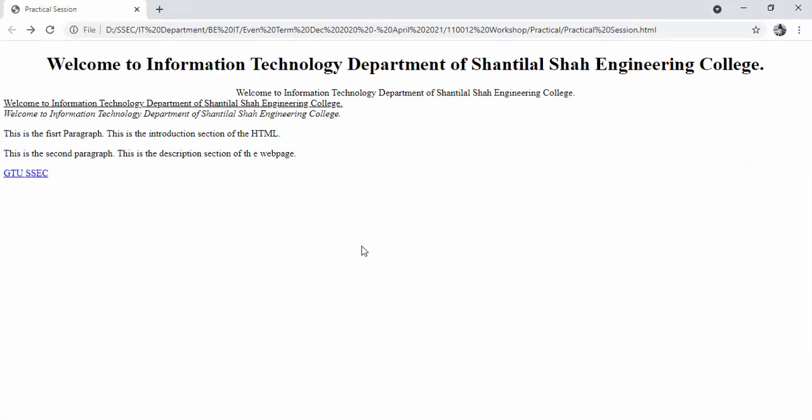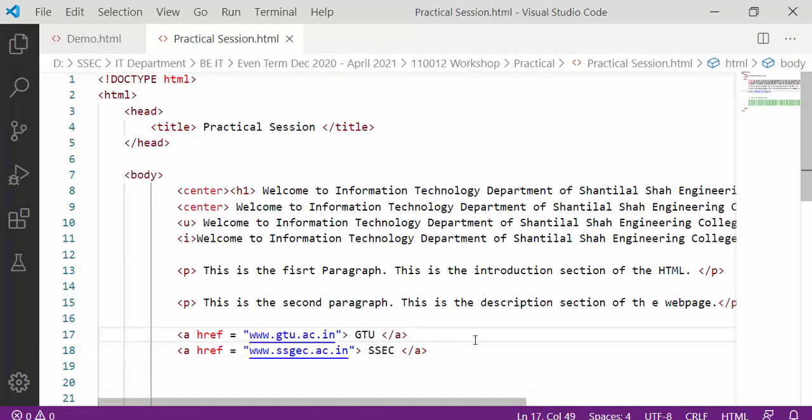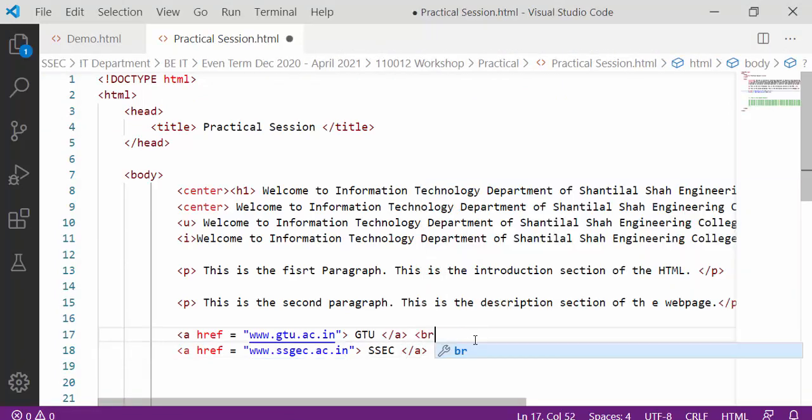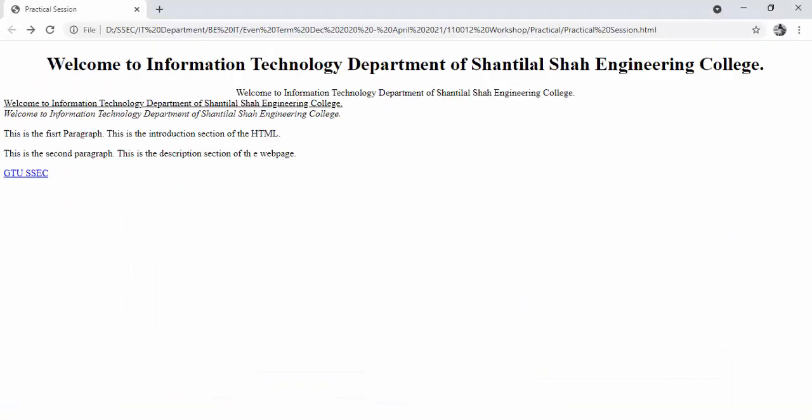So if you want to print in another line, then you have to use BR.